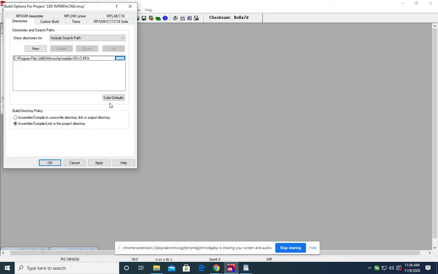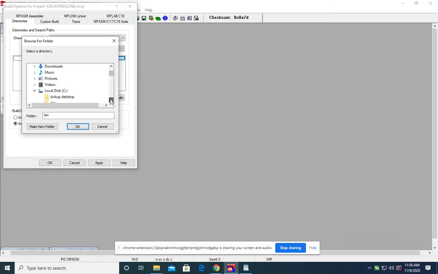Make sure the header folder is selected. After that, the library search file gets selected directly. Last is the linker script: go to the lkr folder, which is in the bin folder. This is the folder you will select in v3.45, the compiler toolsuite for the PIC18 microcontroller.